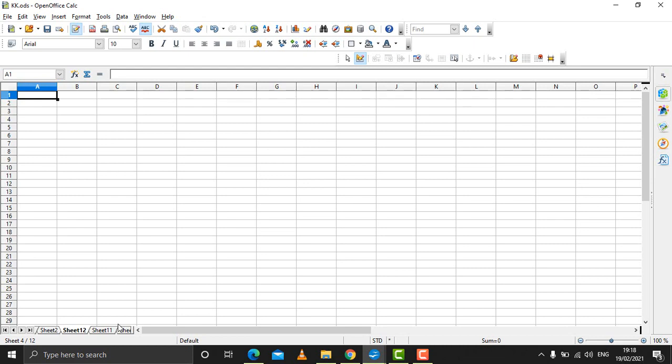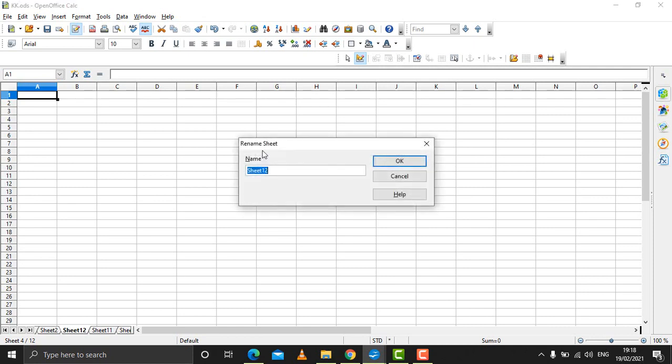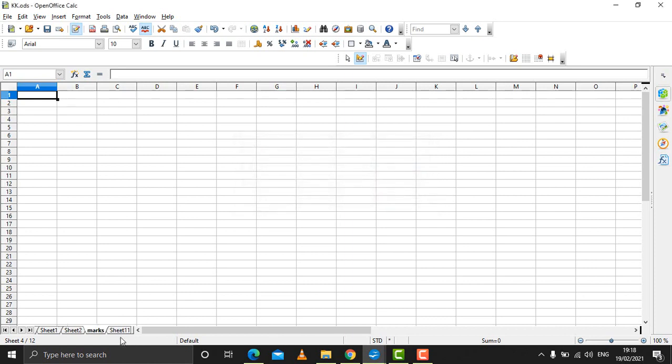Even if you want, you can change the name of these worksheets. You come to the place where these names of worksheets are there. Double click on any name. This box will come. You erase the name and type a new name. Say for example, I'm writing marks, and click on OK. You will see now the name of this worksheet has changed to marks.